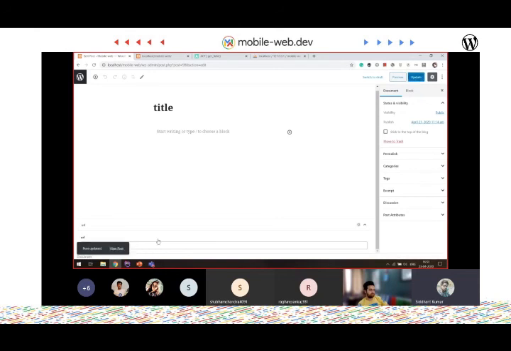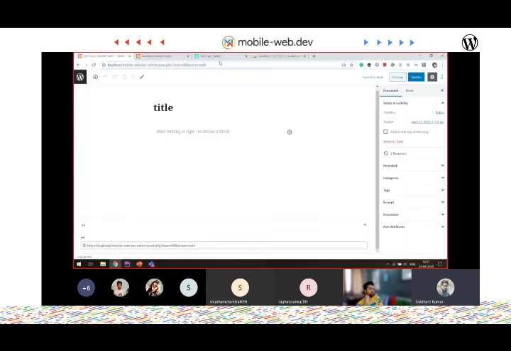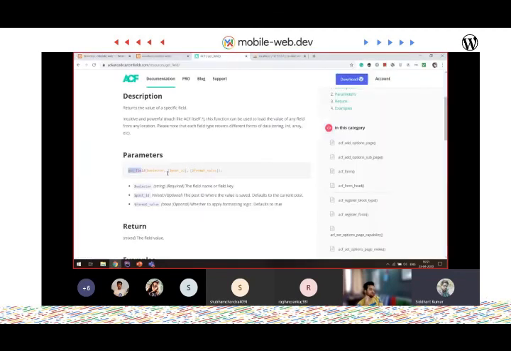Okay, so this is the URL I've entered here, and let's try to get this URL from code. Updated here, and the post ID is 98. You need to use the post ID, and inside here you need to use a method given by ACF, this get_field method.